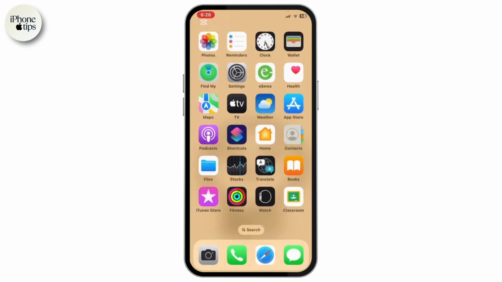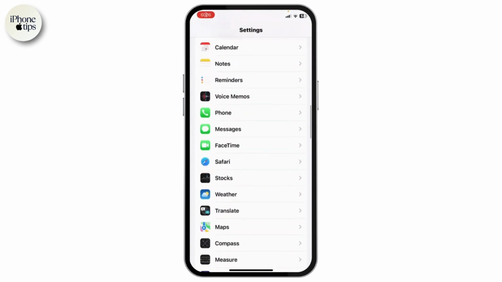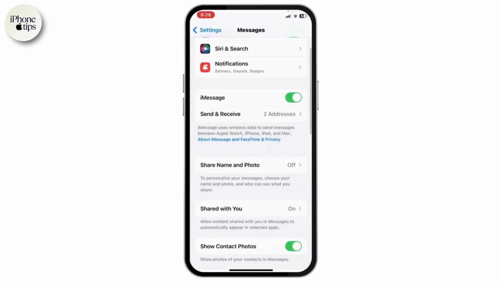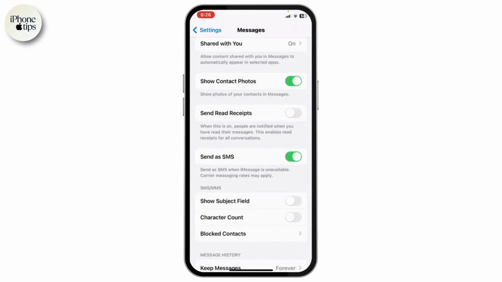In order to do that, you need to head over to your Settings app. Once you're in the settings, you need to scroll down and tap on Messages. From here, you need to ensure that iMessage is toggled on and Send as SMS is toggled on as well. This way, your device can automatically switch to SMS when iMessage is unavailable, but still use iMessage to communicate with